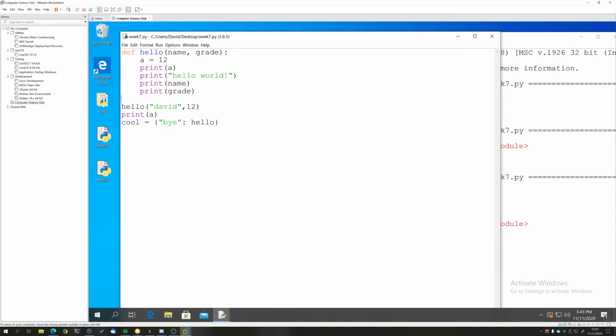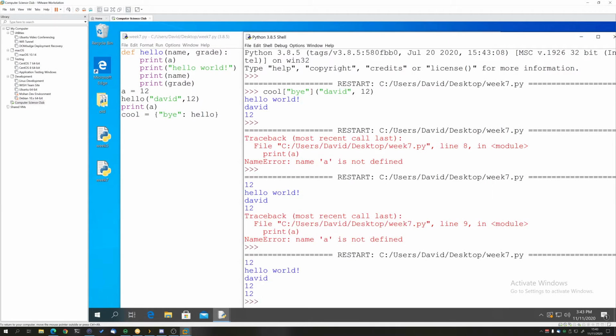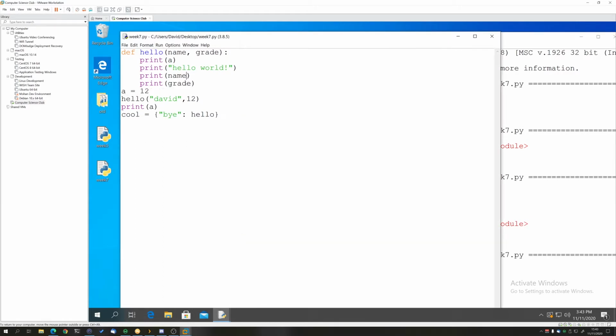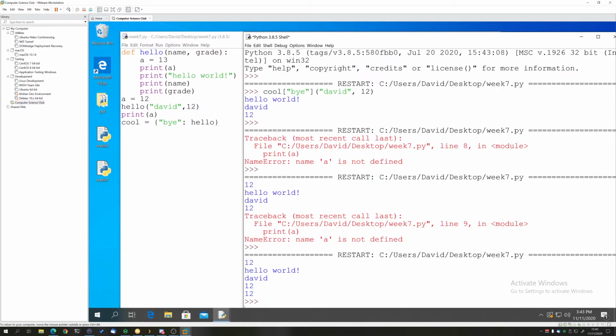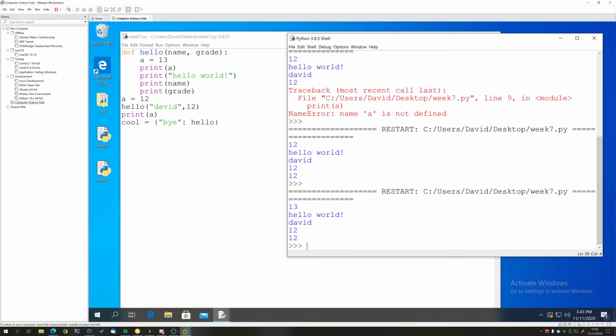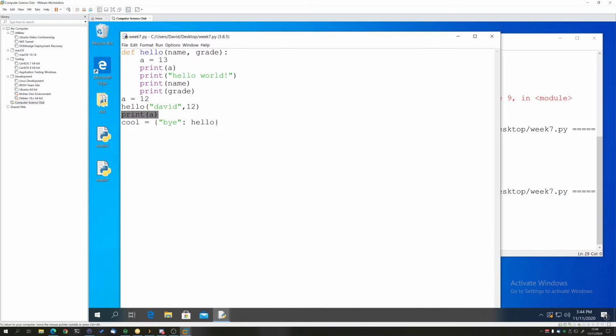Now, for global scopes, all that you really need to do is make sure that the variable is defined before you call the function. So if we do this, this will also work. It doesn't necessarily need to be defined in the same order, but that variable needs to be defined before your function starts being called. Now here, for example, if I do this, what you see here is that this a equals 13 is being printed right here. So this kind of overrides the global scope. However, if we print it afterwards, you see that it doesn't actually modify it. So if we do want to modify variables inside a function, we have to use the global keyword.